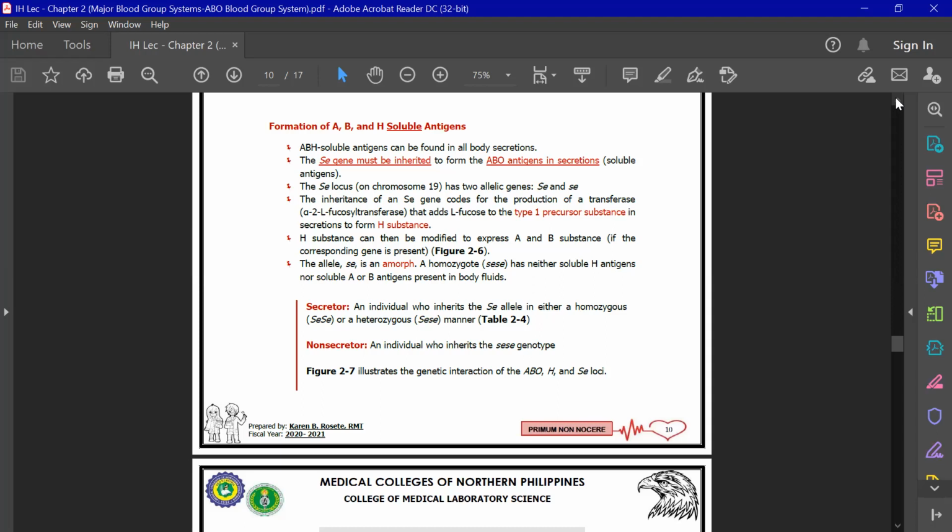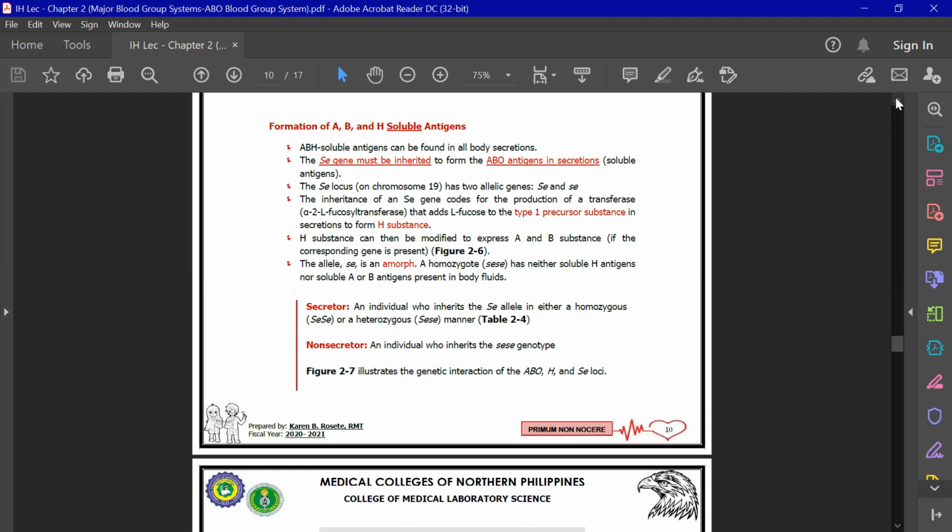Naintindihan? So in the formation now of your H substance, or your soluble H antigen, class, when we say H substance, that is the soluble form. Huwag kayong malilito. When we say H substance, we are talking about the soluble form of this antigen. Okay, so in the formation of your soluble H,